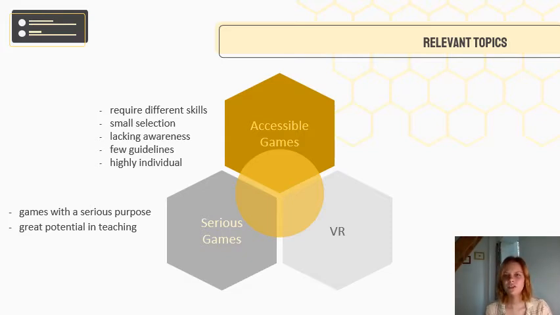Another point that will be discussed later in more detail is the lack of guidelines. And as already mentioned, disabilities are very individual and everyone can benefit from different features. So it's very difficult to find a good balance between making a game accessible and making a game still fun to play.